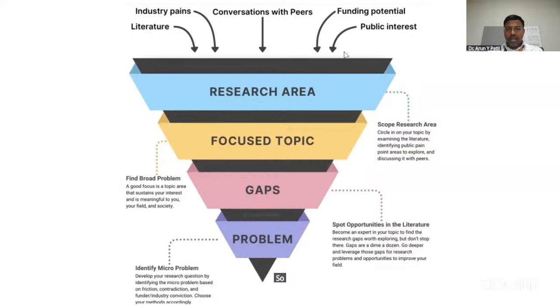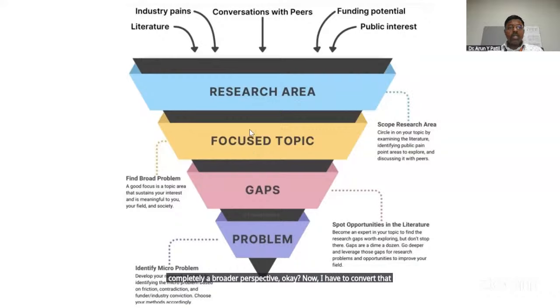So when you take the inputs from all these stakeholders, your research area will be of a broader spectrum. When I say this, I can currently quote it as for a computer science engineer. Now this research area might be AI and ML. Okay, so artificial intelligence and machine learning is a completely broader perspective. Okay, now I have to